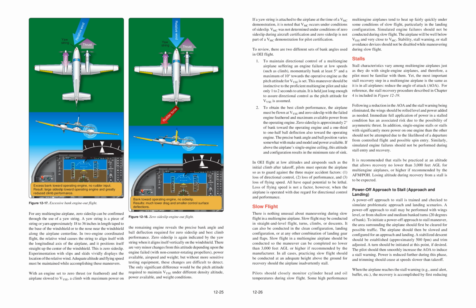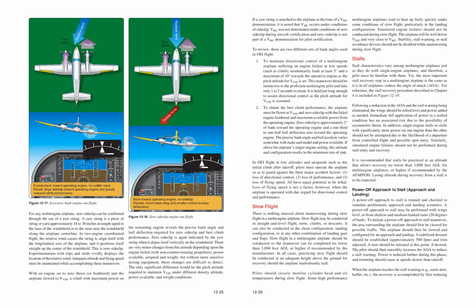A stabilized descent should be established, approximately 500 fpm, and trim adjusted. A turn should be initiated at this point, if desired. The pilot should then smoothly increase the AOA to induce a stall warning. Power is reduced further during this phase, and trimming should cease at speeds slower than takeoff. When the airplane reaches the stall warning, for example, aural alert, buffet, etc., the recovery is accomplished by first reducing